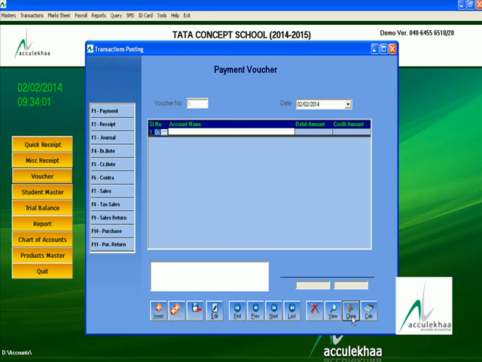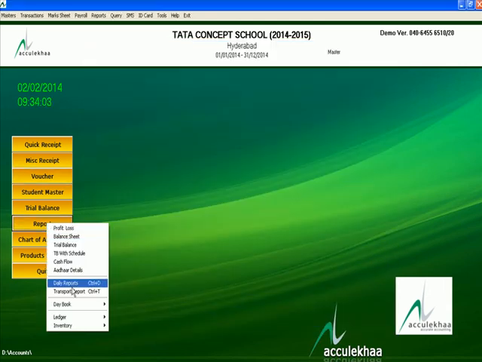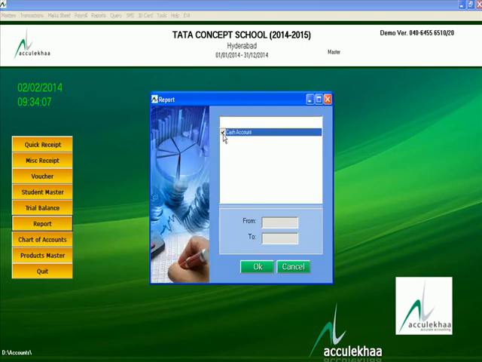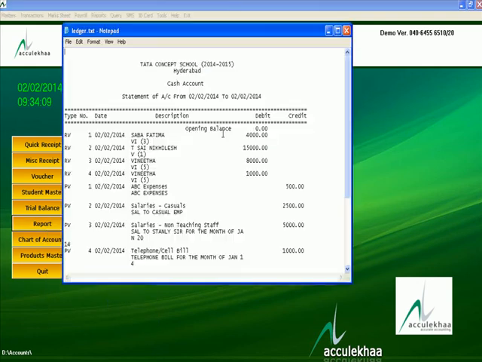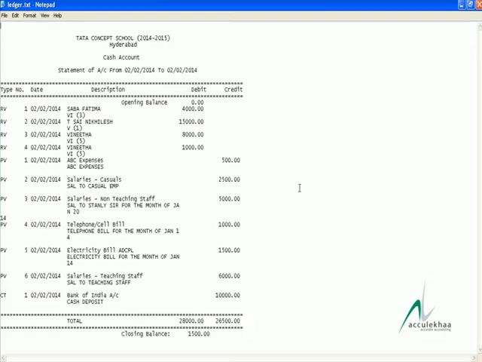and now you can go to the report, day book, cash book. You select the cash book, enter. All your cash expenses including the Bank of India cash deposit.